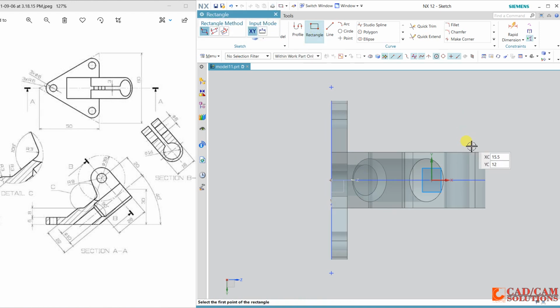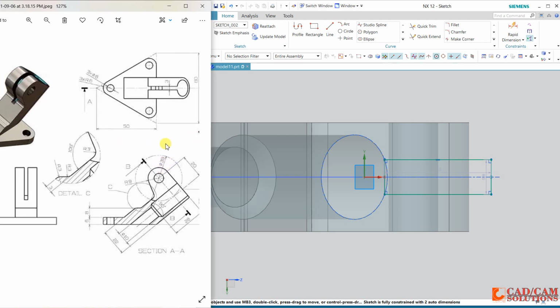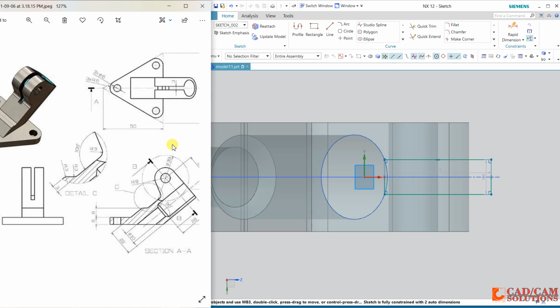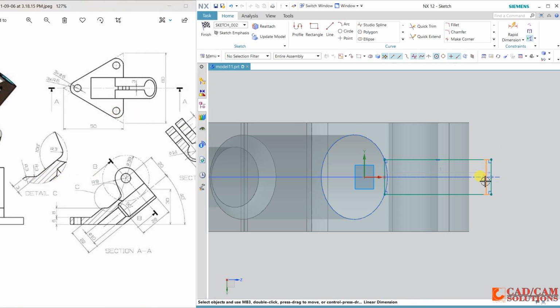Draw a rectangle and make it coincident, and the gap between these two points is, no, here it is 3, so change it to 3.